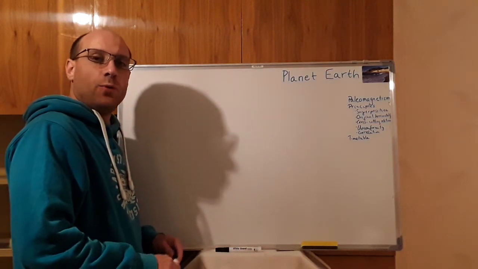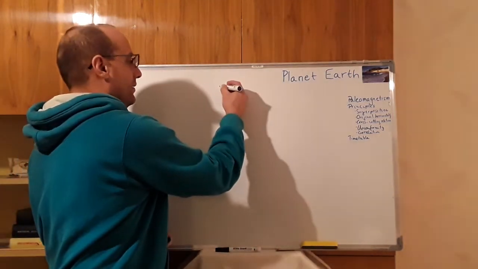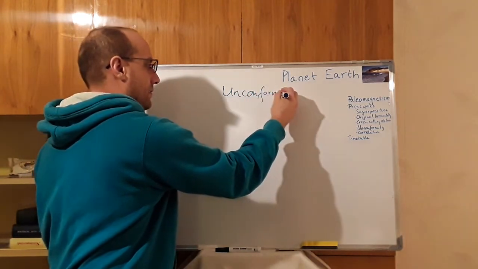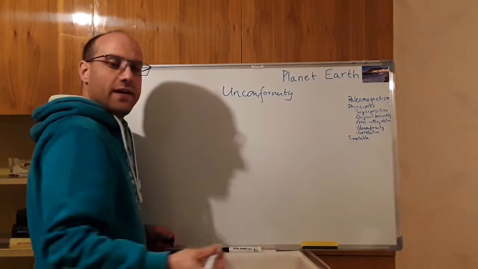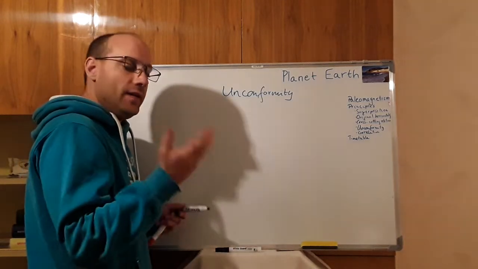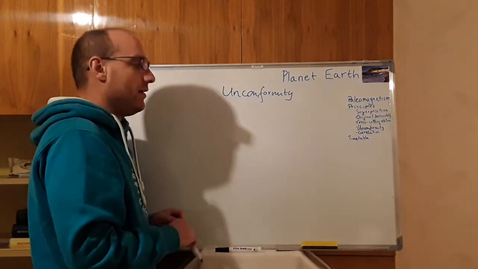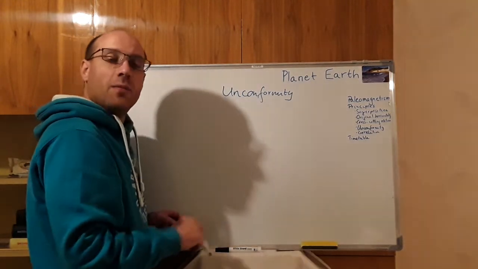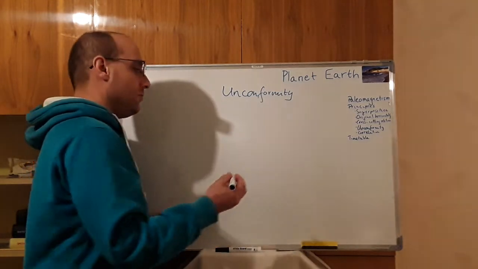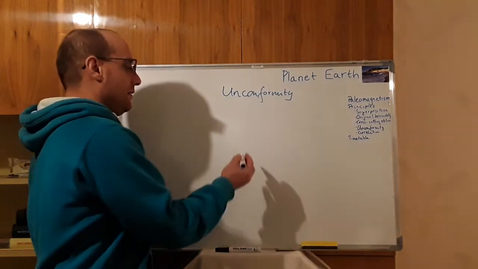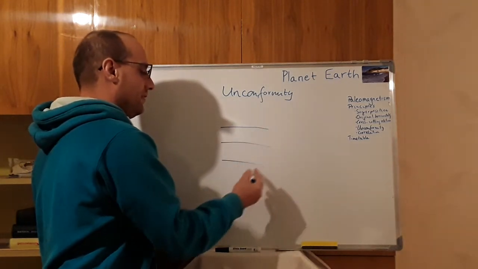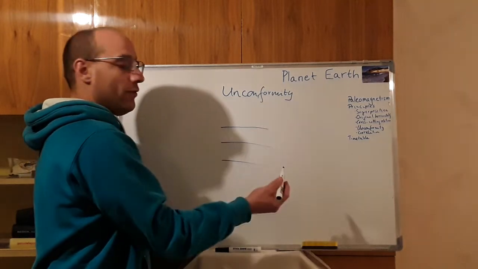So our next point is on the unconformity, which I said would mean that there's something missing from the history. So the whole story of the development of the rocks is not complete. How can that be? Now we said that there are rocks that are deposited, so perhaps we already know